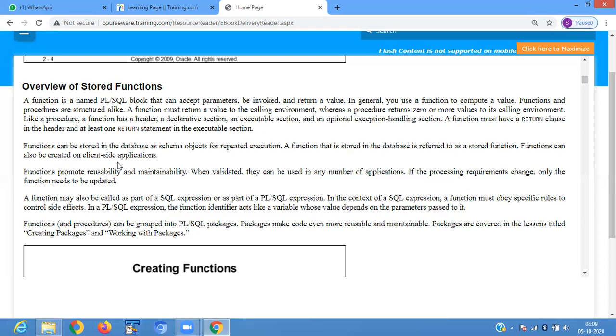Functions promote reusability. Reusability means once you write the code, you can use it again and again, and there is no need to rewrite your function every time.